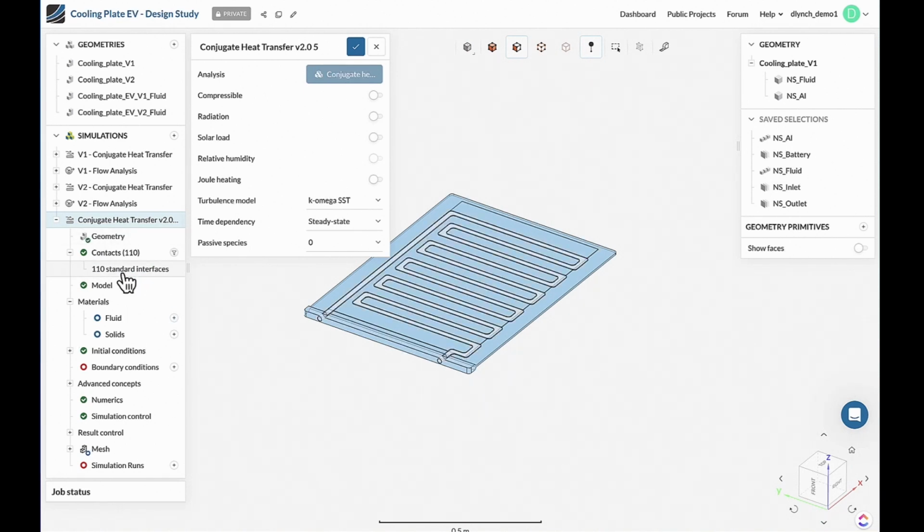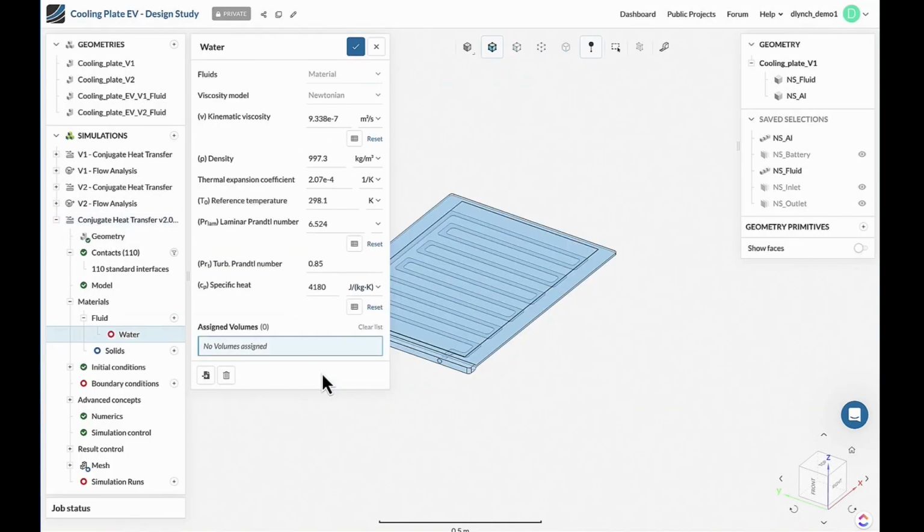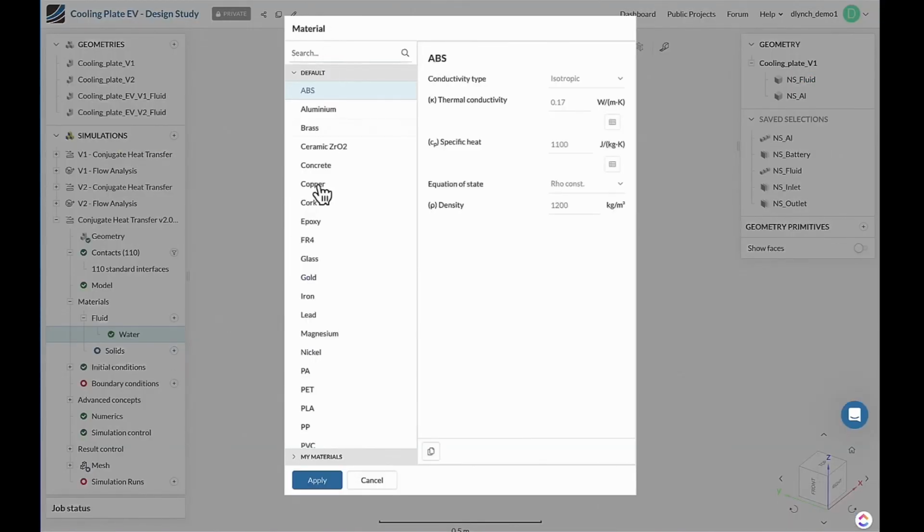Now, we try and make this as simple as possible for you. So you start at the top, you work your way down to the bottom. When you get to the bottom, we'll be able to check the setup and start simulation. It should be feeding you the steps and the processes as you go through it. So the first thing that we do here is we might define a fluid. That fluid might be water or any other coolant. We can define that to be part of the fluid domain, volume, region. And we can also define the solid. Now, in this case, I'm just going to define the solid to be aluminium.